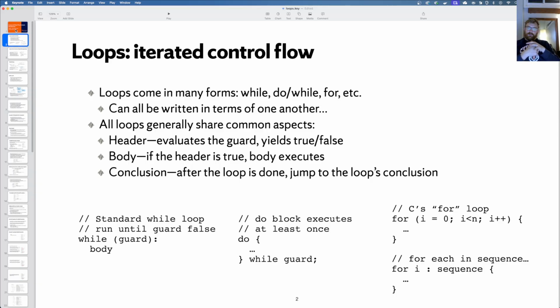I'm going to be talking about loops, a little bit about data flow analysis. So I assume we've all heard about loops, a wildly popular construct in programming. The idea of the while loop is that we execute the guard. As long as the guard is true, we execute the body. Eventually, at some point, we will stop executing the body because the guard will be false, at which point we'll jump out of the loop.